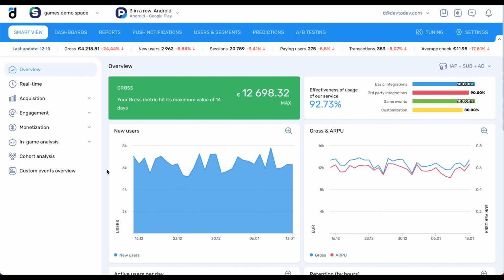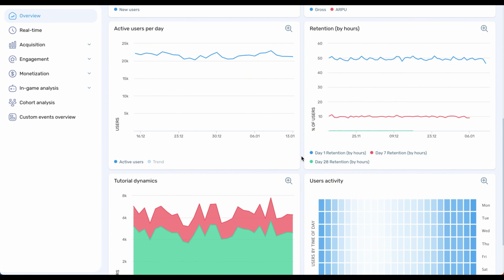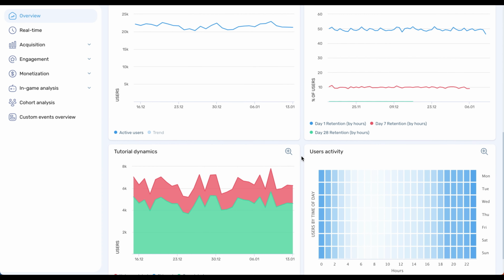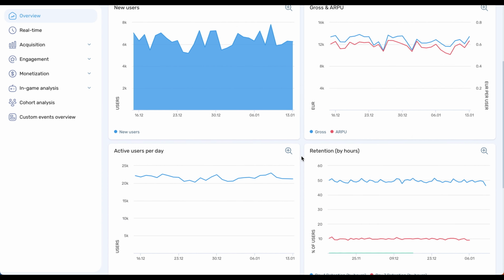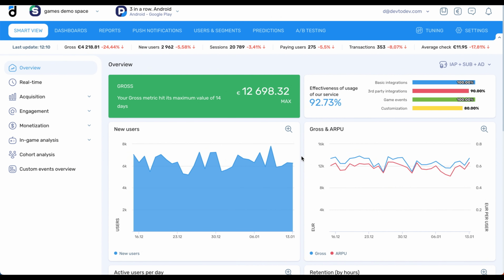The first thing you see is the Smart View section, which has collected a variety of out-of-the-box reports. The beauty of it is that these dashboards are available right away after SDK integration, so you don't need to spend even a single minute to build it. In the overview, you will see all key metrics everyone monitors: new users, gross, and ARPU, retention. This little widget on top notifies you with different colors about growing or declining metrics, so you don't miss important